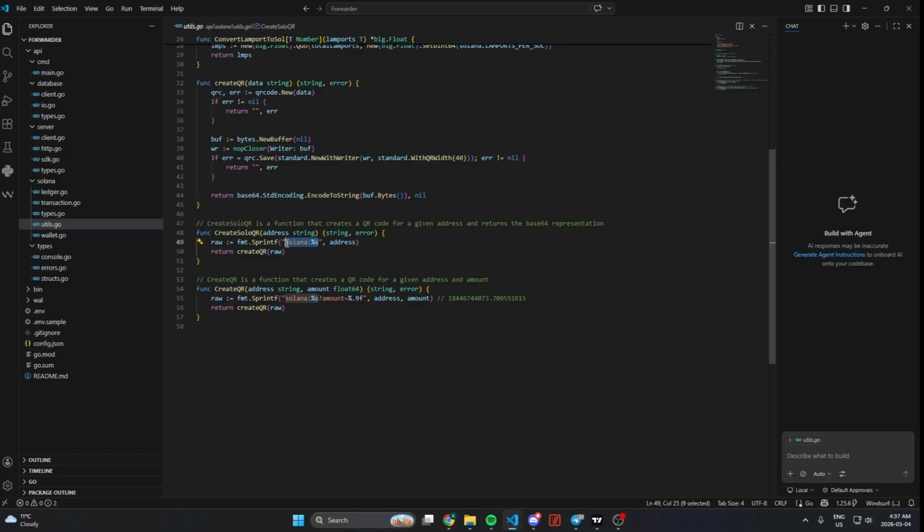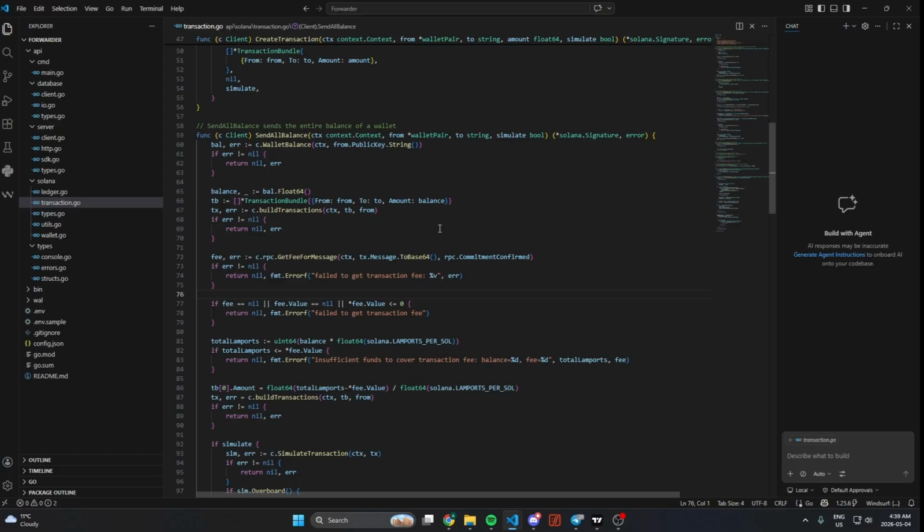And this is where you have to put in the metadata for it to actually work. And this is, if you scan the QR code, it'll send you immediately to the amount. Error, wallet balance, wallet. Alright, so you get the wallet balance, then get the balance in float64. Then you